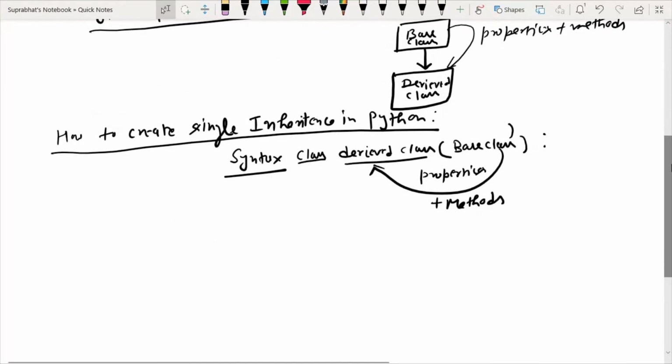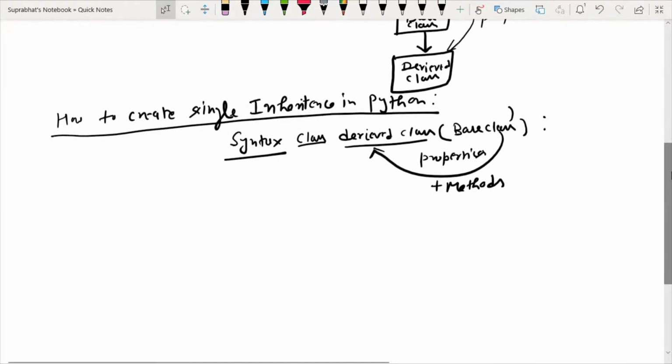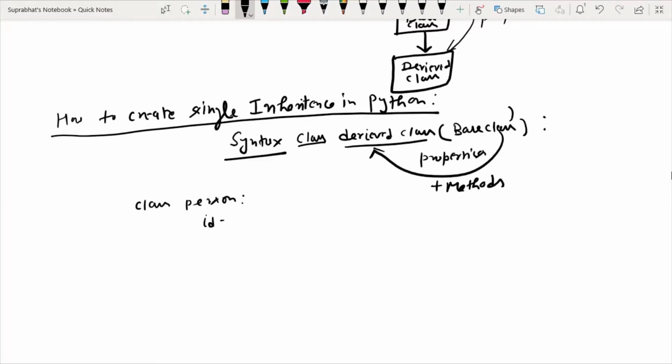Suppose we have one base class. We create one class Person, and in the Person class we take id and name. The initial value of id I have taken as None, and this value is also None.